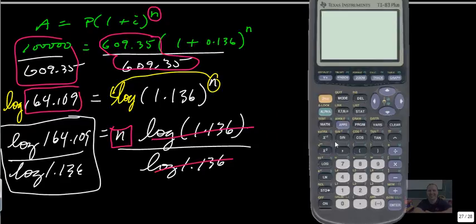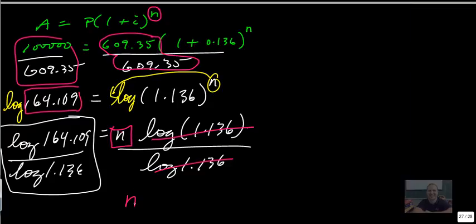On the calculator, it's just as simple as this: log of 164.109, bracket, divided by log of 1.136, and n is 39.99999, which is 40. We can round that to 40, and so n equals 40, which is the number of compounding periods. So that's how you solve for